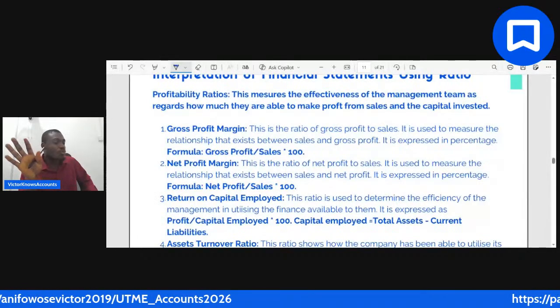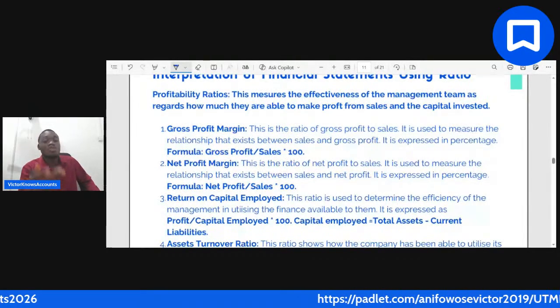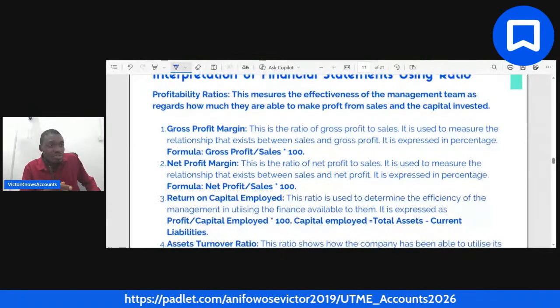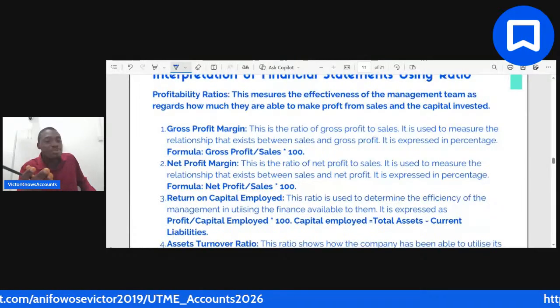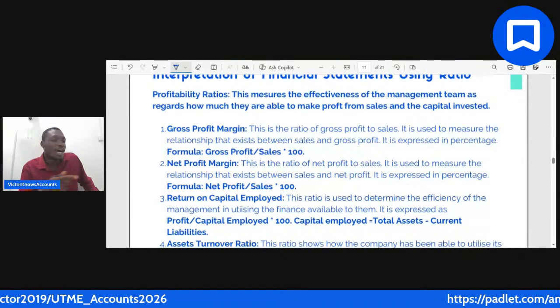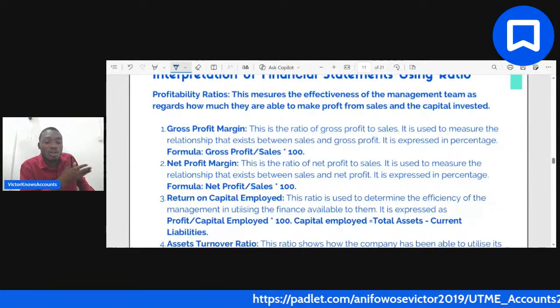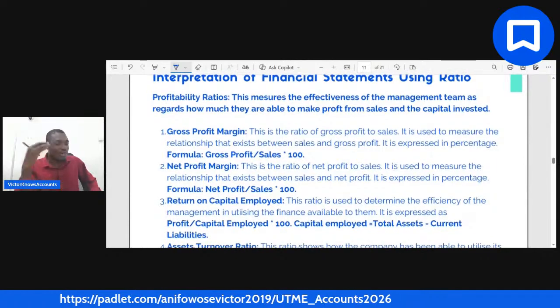To them, those 2 people are equal. Why? Because they had 100% profit. You made equal to what you already have. If the person that had 5 talents made 4 talents, that would be 4 over 5, which is 80%. Then it would not be as profitable as the person that made 2 talents, because that one made 100% and you made 80%. So you have seen how ratio works.